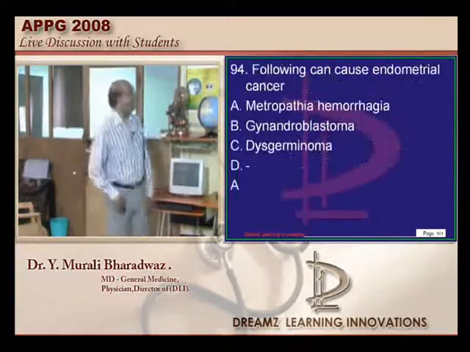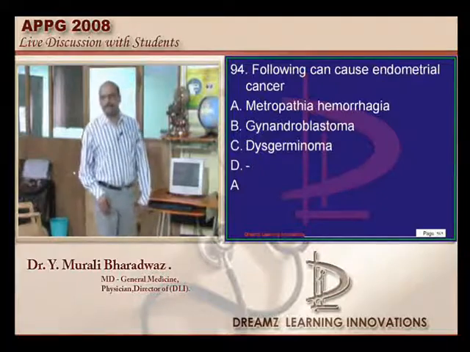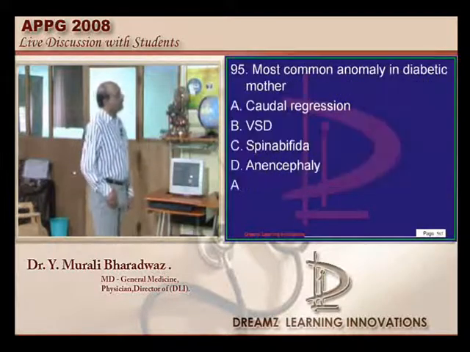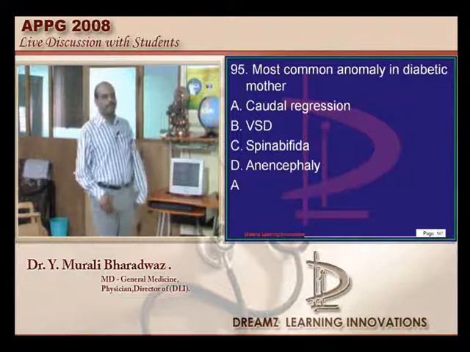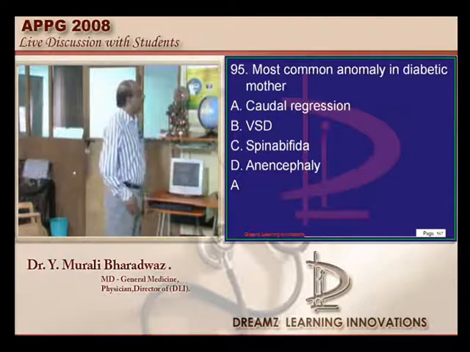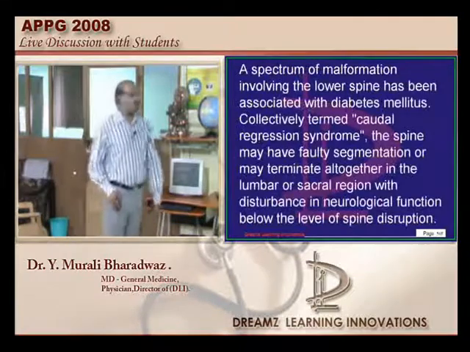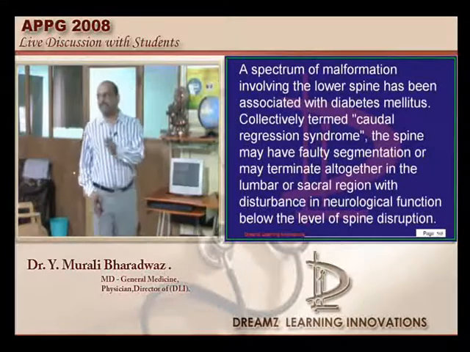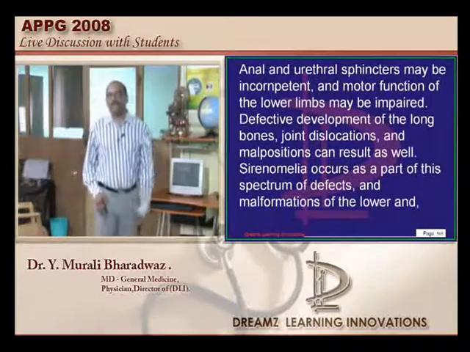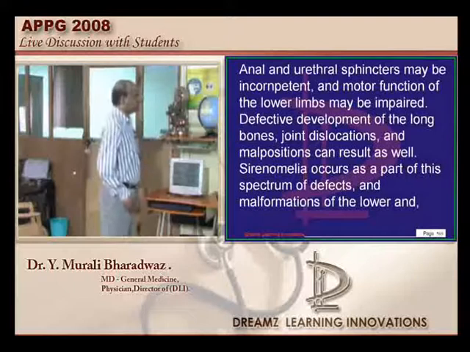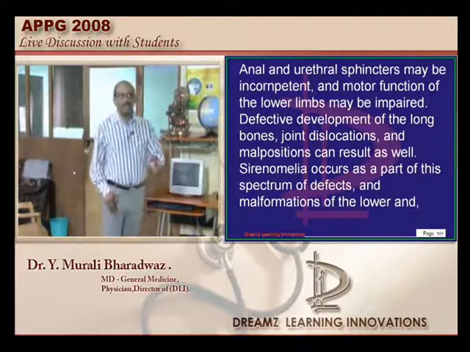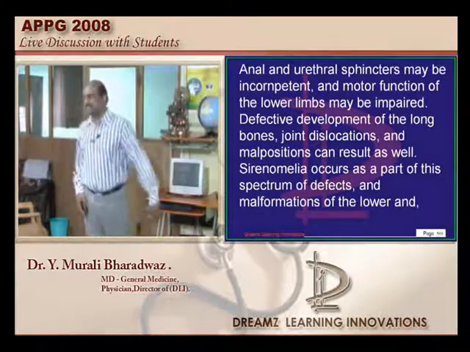So all of them. Now endometrial cancer, is metropathia hemorrhagica a risk factor? Yes? Okay. Then in the diabetic mother, what was your answer? How many answers? Spina bifida or anencephaly? Characteristic was there. Then caudal regression becomes more likely the answer, because caudal regression very rarely occurs in children of non-diabetic mothers. But caudal regression as such is considered to be the most characteristic feature, which is also called typically the congenital diabetic malformation.